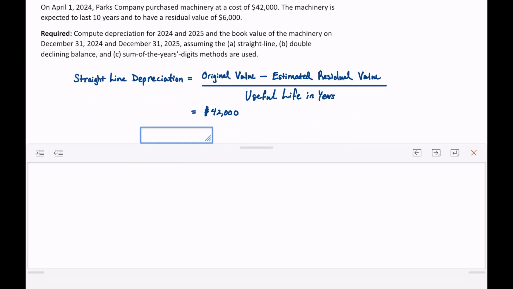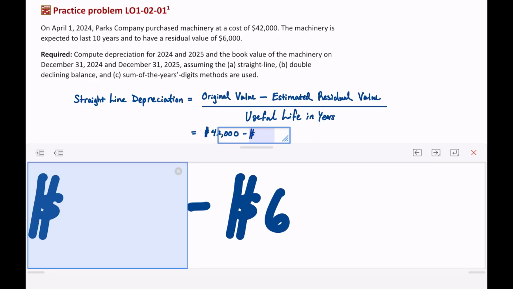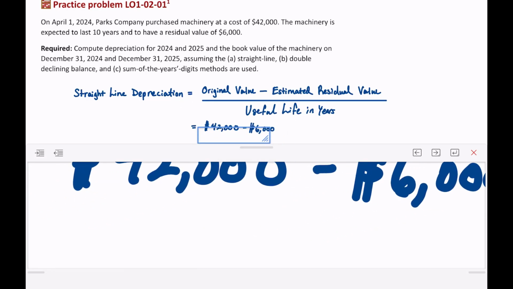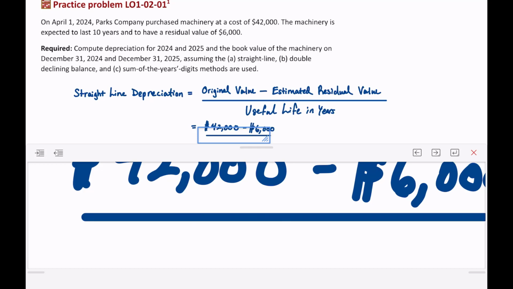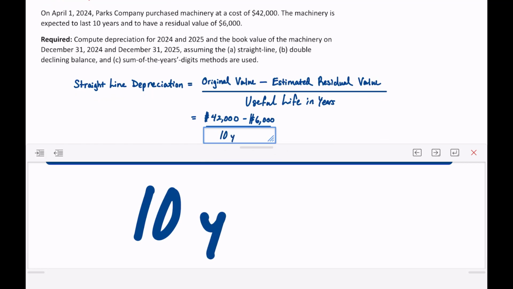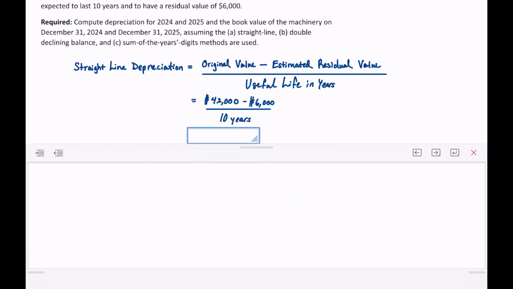We're going to say that the residual value here is 6. We think that we can sell it at the end of its useful life for scrap, maybe, and we can get about $6,000 for it. In addition, we think that it will last 10 years,